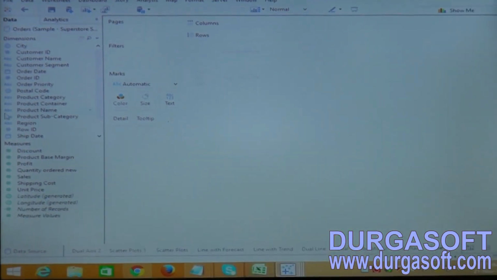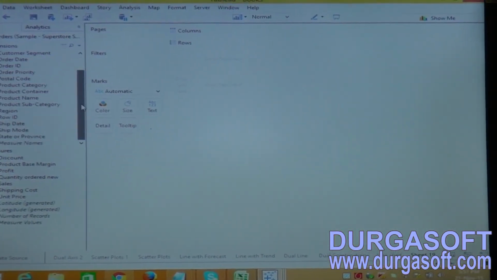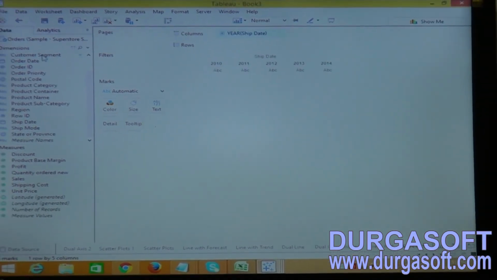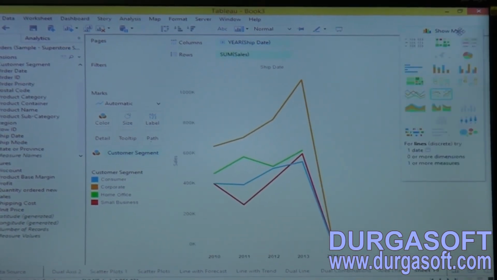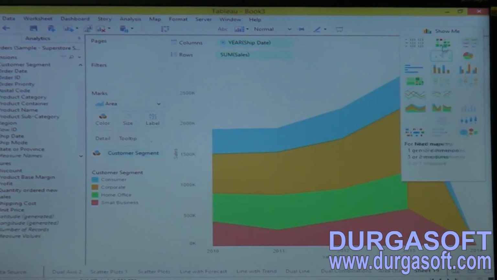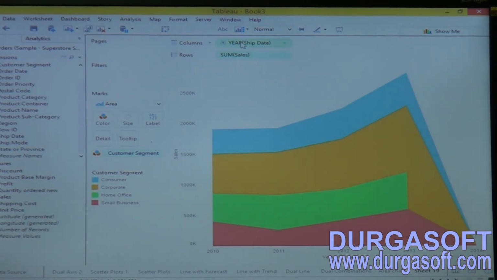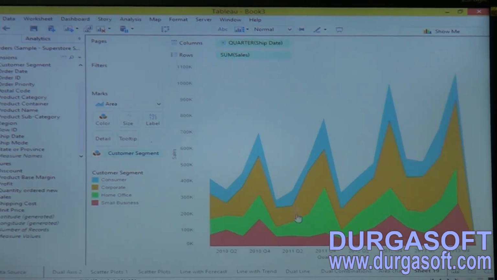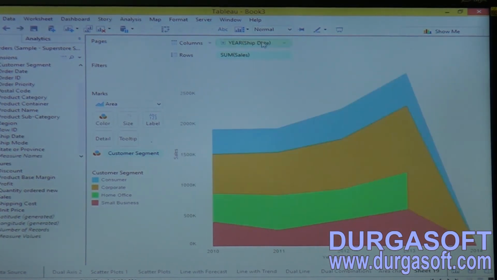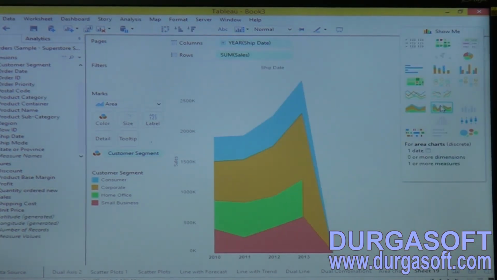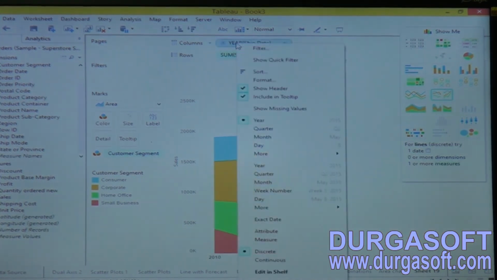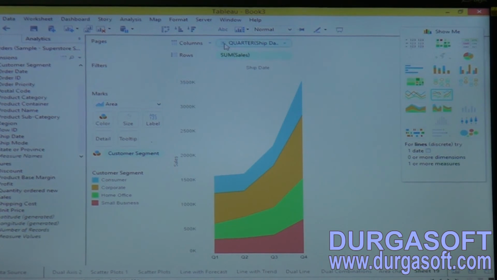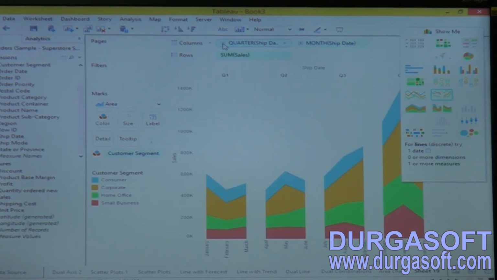You can also create an area chart once you drag shipping date and customer date here and sales. Now click on area chart, and if you want to create a discrete area chart, click on this and discrete chart.